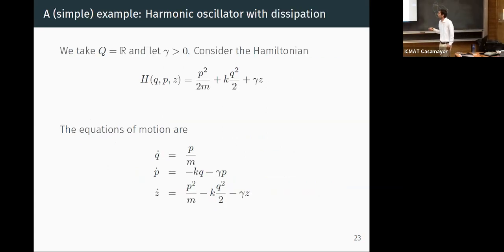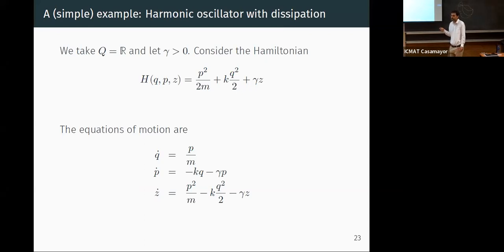And a simple example of this theory is the harmonic oscillator with dissipation. We have this Hamiltonian, like the one for the harmonic oscillator, but with gamma times the action as an extra term. And we have these equations of motion. The position is the same. The momenta is mass times velocity. The one for the momenta is minus a constant times the position,